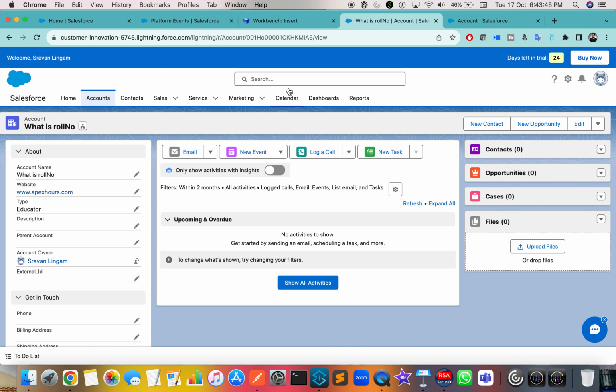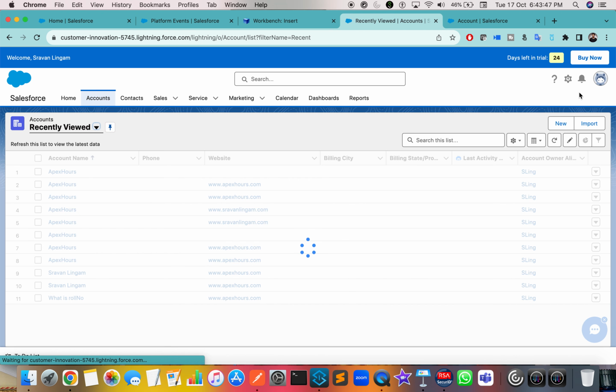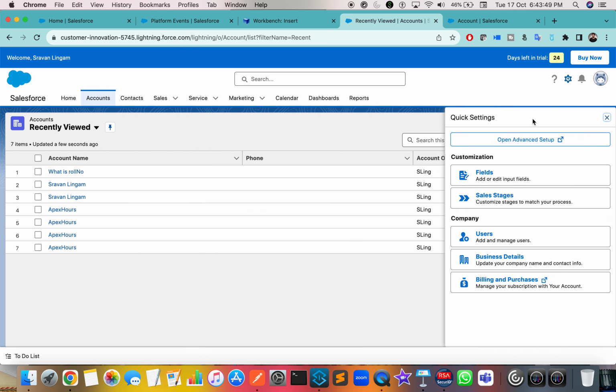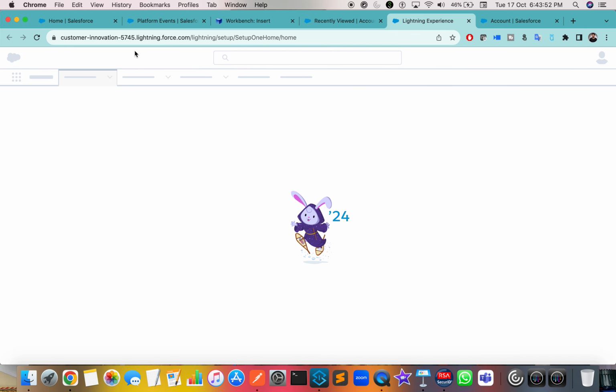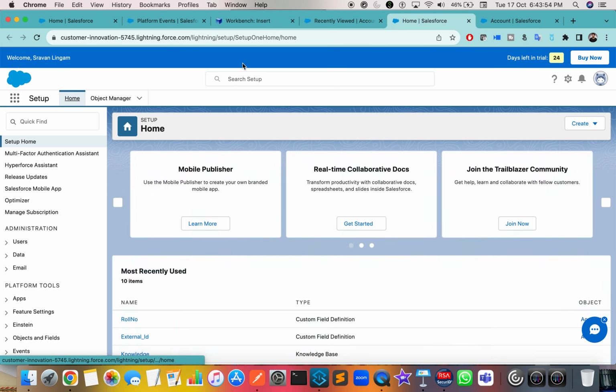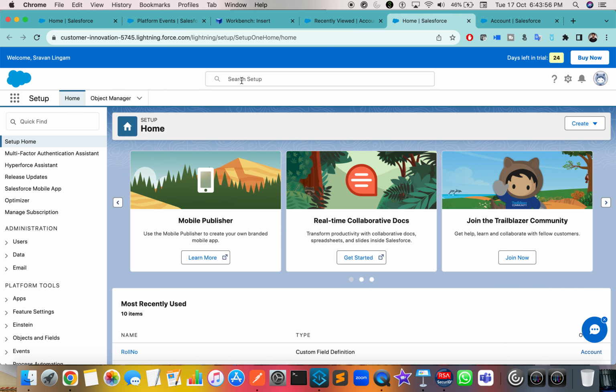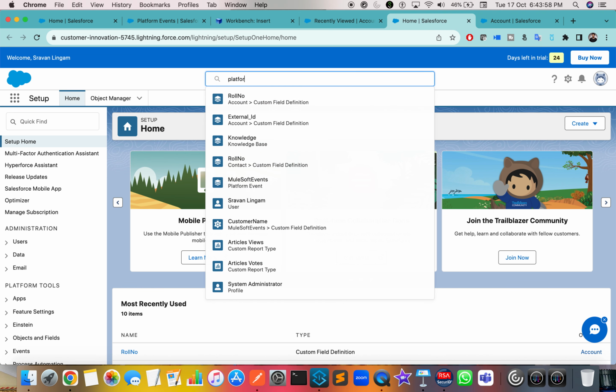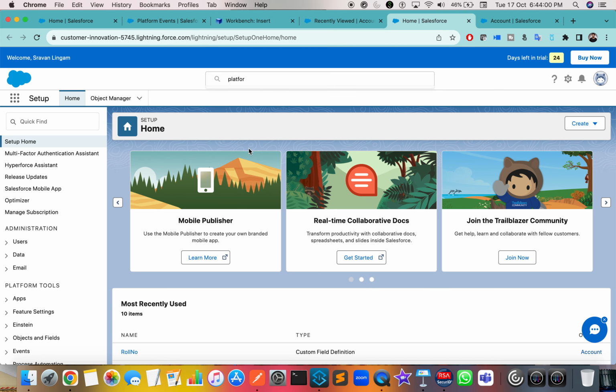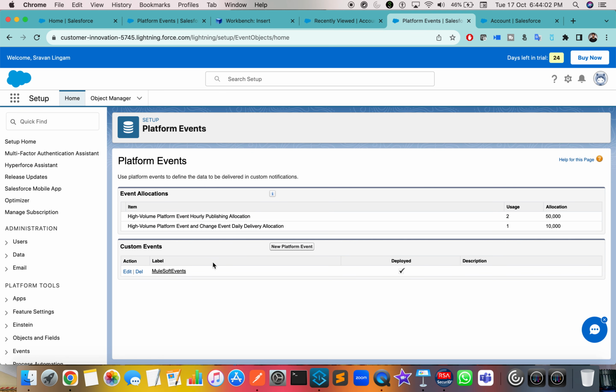Again, if you don't find them in this dashboard, go to settings, open advanced setup. This is the place where you can search in the setup. So go to setup, type platform events, and click on platform events. I have created a platform event already, but for you to understand how to create one,